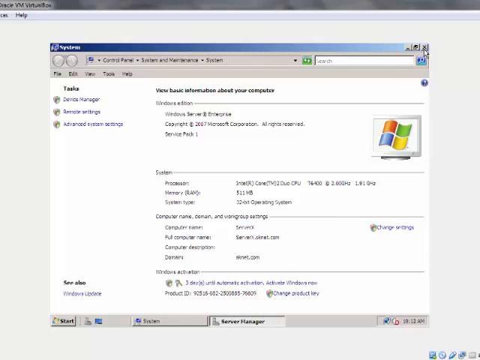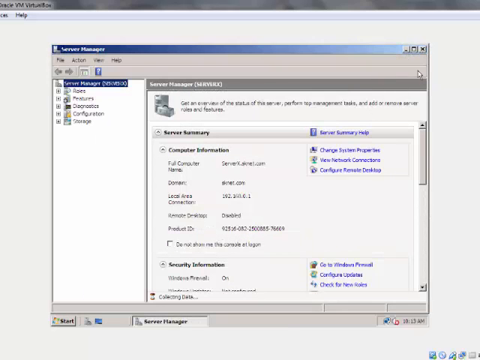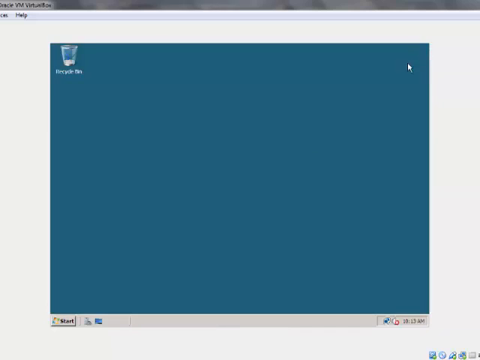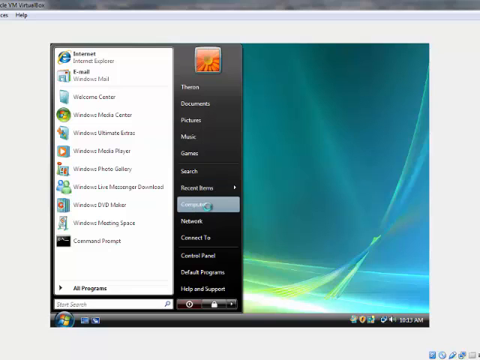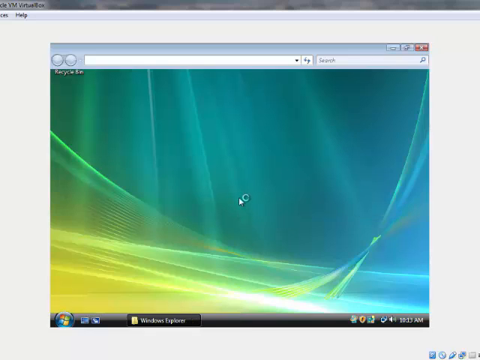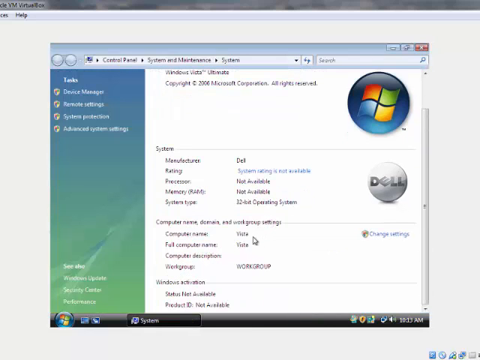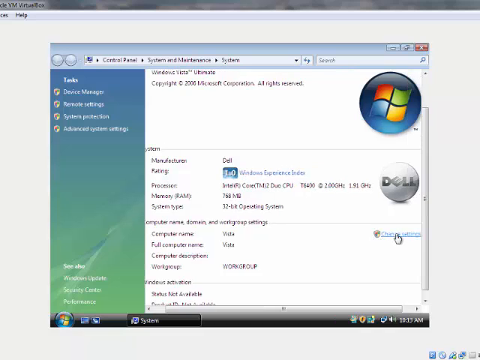So what I want to do is join the Windows Vista PC to this particular domain as well as the other virtual machines. So I'm going to minimize this, and you're going to see my Windows Vista machine is actually opened up here. When I click on Start and go to Properties, I actually see this Vista machine is still in a work group. I'm going to select Change Settings,